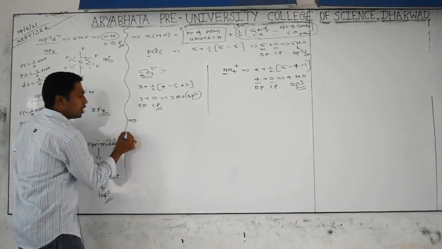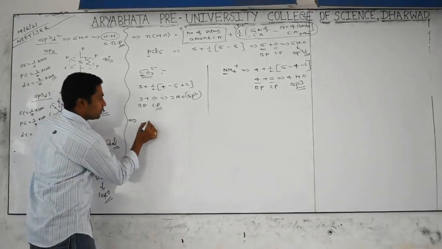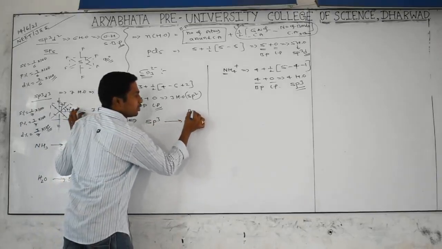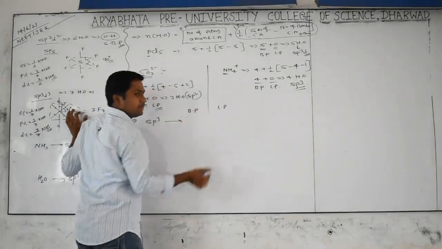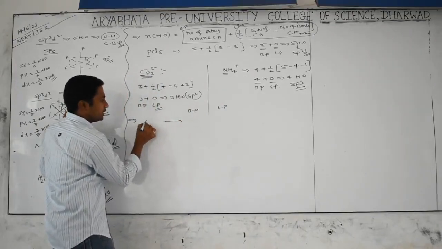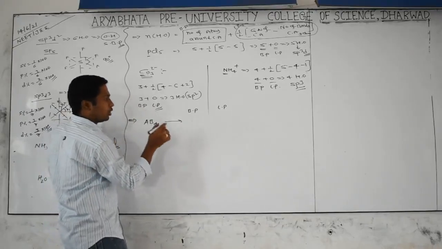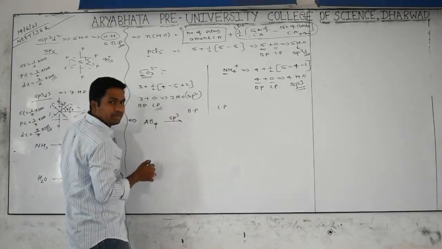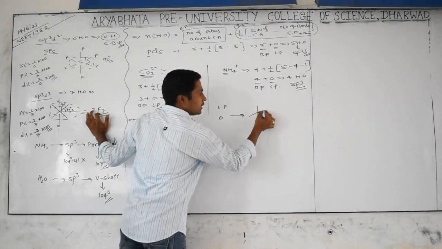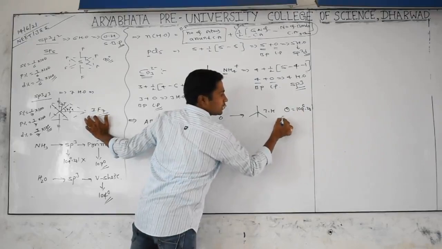Now we explain how the shapes of molecules change when they have lone pairs on them. First, sp3 hybridization. In sp3 hybridization, first bond pairs, next lone pairs, and the deviating shape. We write AB4 molecule, which means all are bond pairs, with sp3 hybridization. 4 bond pairs, no lone pair. Then we get tetrahedral geometry. The bond angle is 109 degrees 28 minutes. The example for this is CH4.